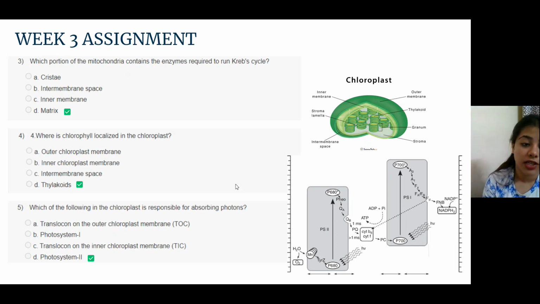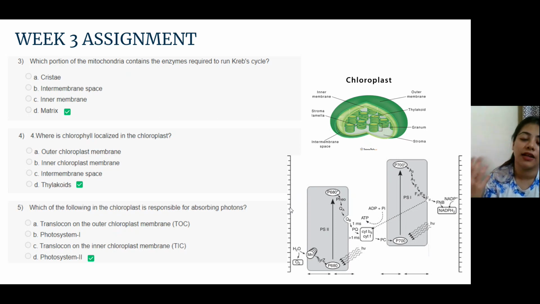So the question here has only asked us which of the following among all of these proteins. You can see here, within PS2 there's P680, here's P700, we can see QA, QB, pheophytin, other pigments, cytochrome b6f complex, and many other proteins. But which of them are actually responsible for absorbing photons, which is one of the first key steps. Even in the Z cycle you can see that H nu here is